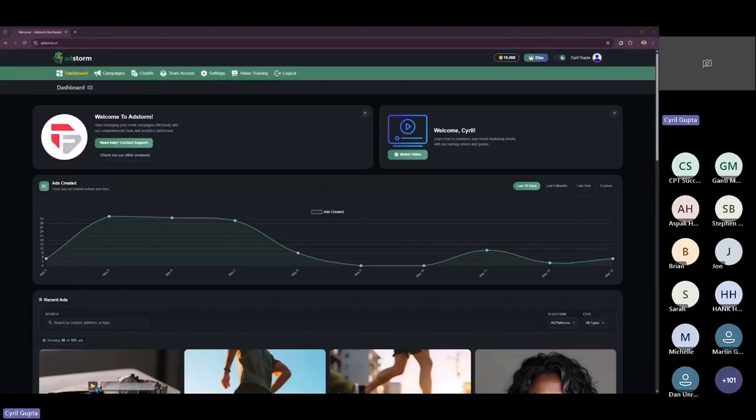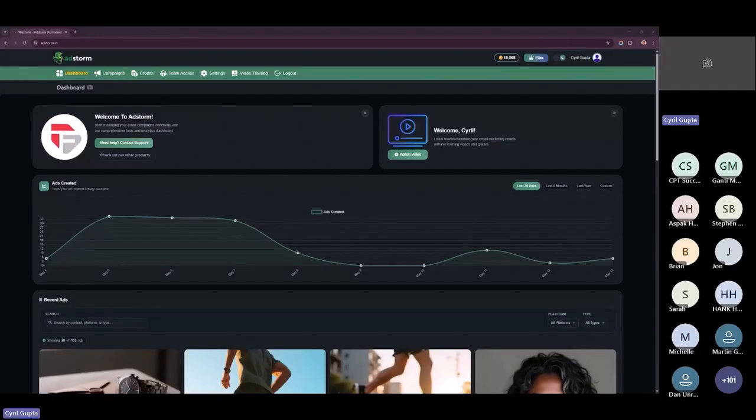So here I'm hitting the play button one more time. Whether it's a local business or an online business or an e-com store, you need traffic. And one of the best ways to get qualified, high quality traffic that converts is to run ads.